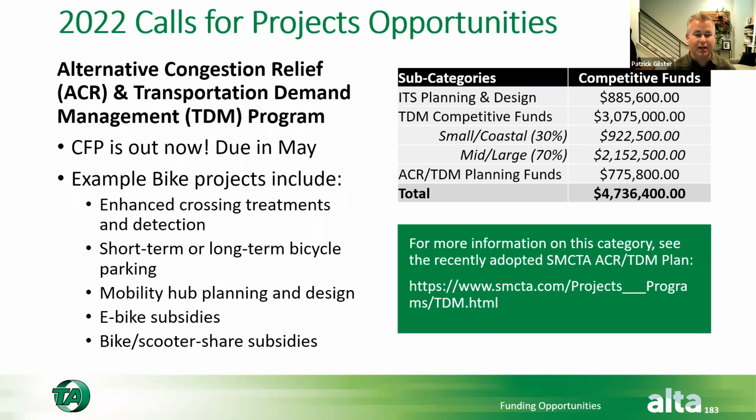Short-term and long-term bicycle parking, mobility hub planning, e-bike subsidies, bike and scooter share subsidies. I'll also echo what Joe was saying about wayfinding. So wayfinding plans are eligible, and wayfinding purchases are eligible under the competitive category as well. Bike parking plans are also an eligible thing, so if you need help with standards, or evaluation of where you have bike parking and where there should be bike parking. I know Joe showed a lot of different options in there. So there are different ways you can plan for that and purchase bike parking through the competitive side of